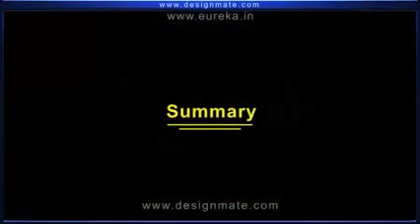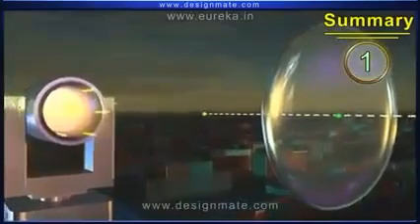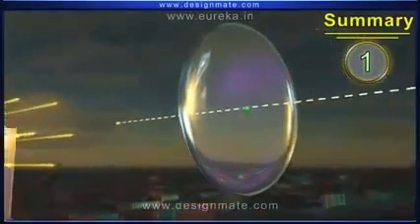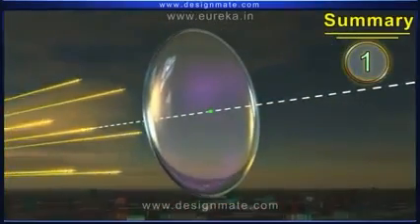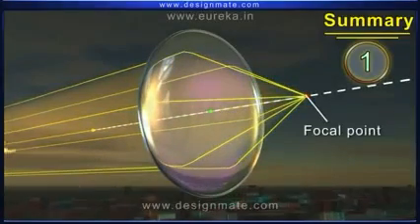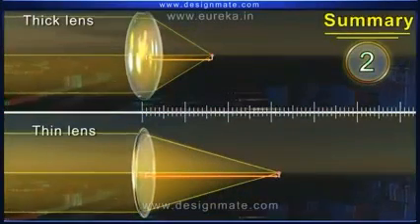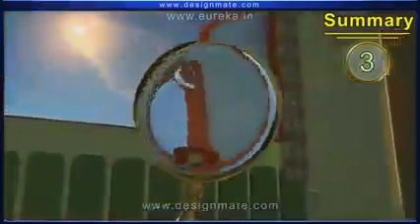To summarize, we have understood that 1. Light rays parallel to the principal axis and incident on one side of the convex lens undergo refraction and converge at a point on the principal axis on the other side. 2. The focal length of a thinner lens is greater than that of a thicker lens. 3. A real image produced by a convex